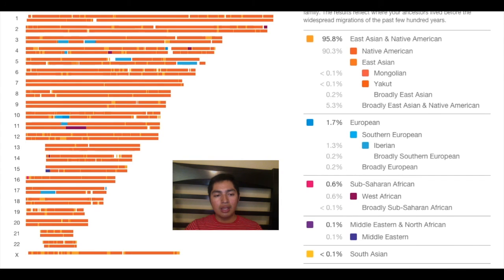So the way I look at it for now is that it's noise, but maybe as more people get tested, as more family members get tested, we'll find out the truth. But for now, I'm looking at it as noise. I know it sounds crazy, I'm going against a DNA test, saying it's wrong on this part. But these DNA tests are pretty accurate because we're full Indian, and we got like,